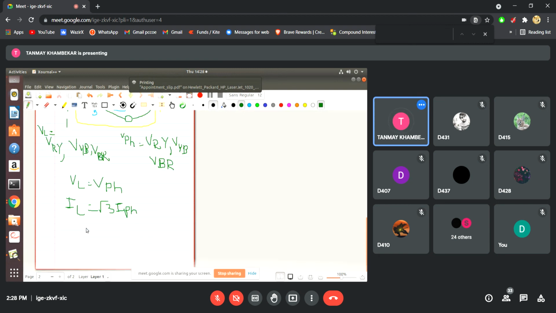Fine. So now what is our conclusion? Tell me, in case of star, what is the relation? In case of star, VL is equal to √3 VPH. Yes. In case of star, line